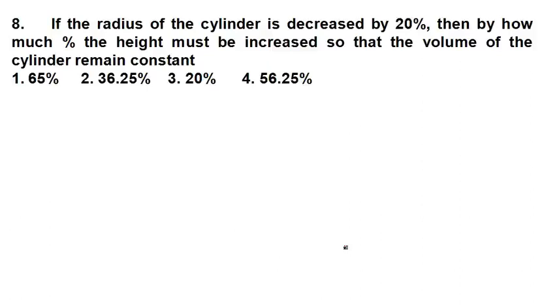Okay, first you tell me what is the formula of volume of cylinder. Tell me. It is pi r square h. But look guys, in this type of question you don't have to use this pi, because anyway at last it will get cancelled. Pi and pi will get cancelled, so better just avoid it. You just remember this r square h.